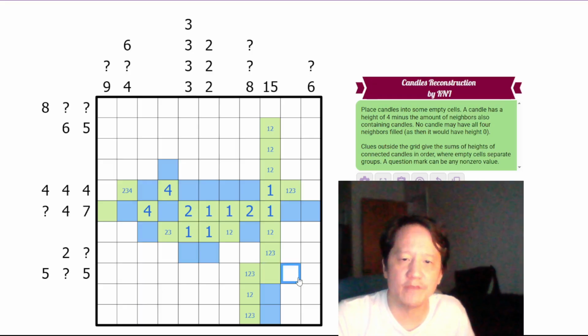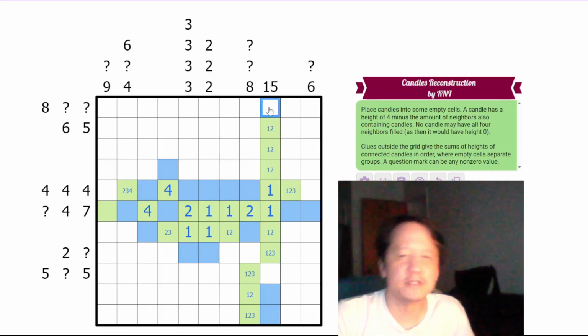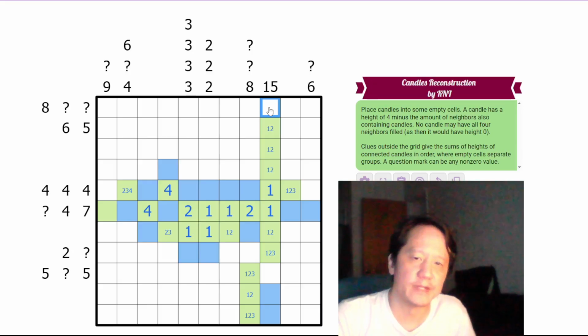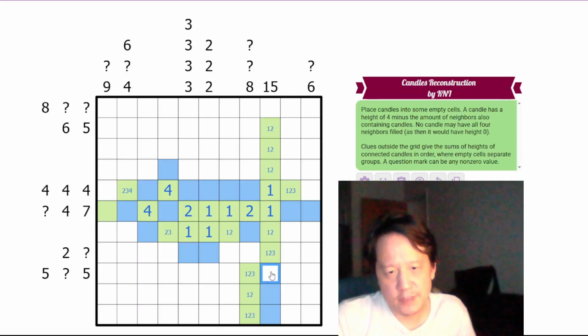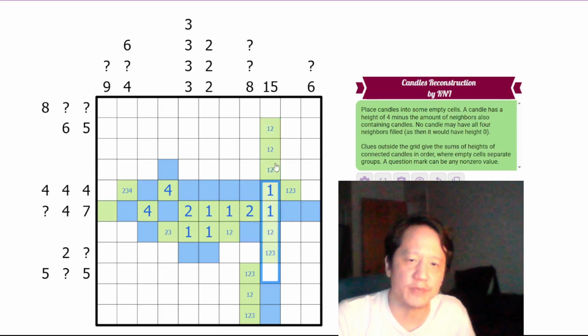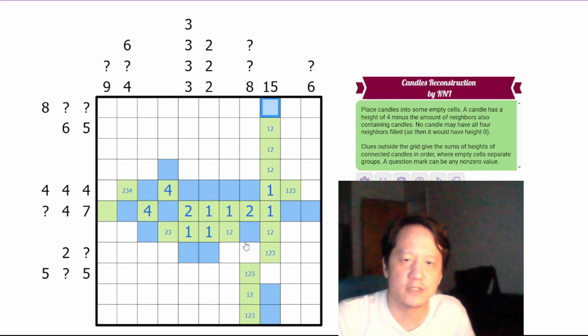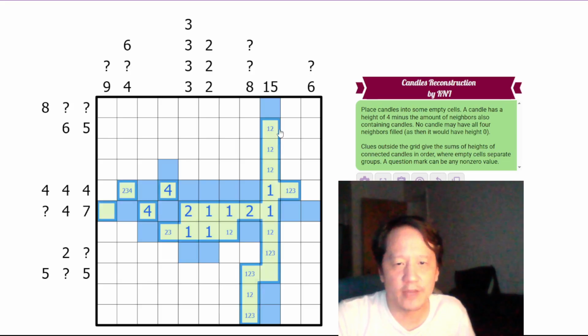Oh, if we have this shaded, so this can never be 3 here. So I think that guarantees this has to be shaded then, right? Because how can we have all of these add up if it's just these? So let's say this is, sorry, no candle. I keep saying shaded because I have blue here and green. But if we have candle here,